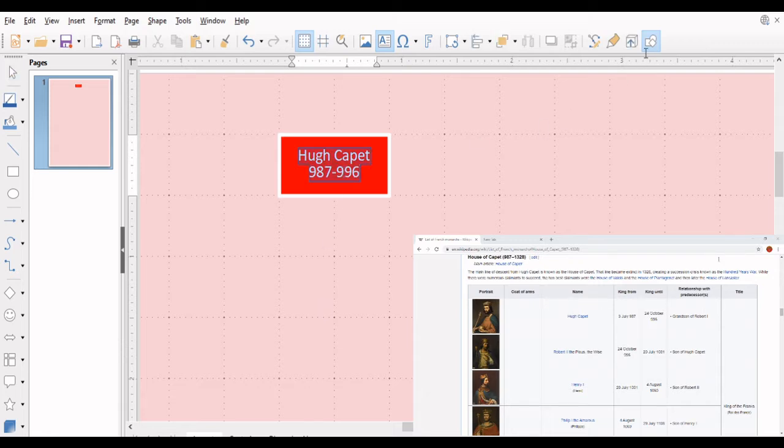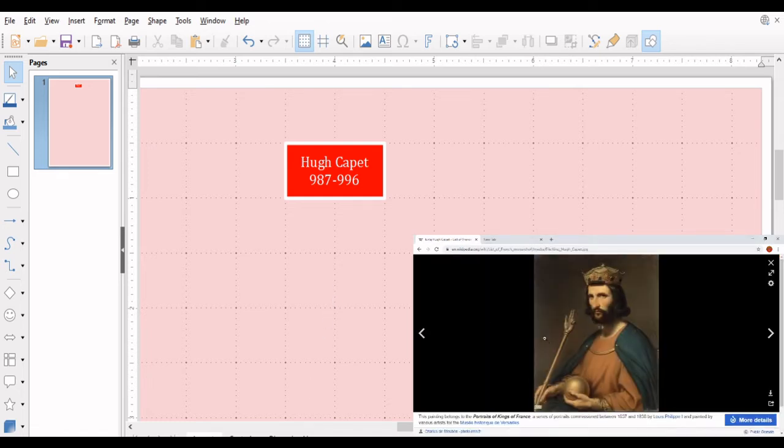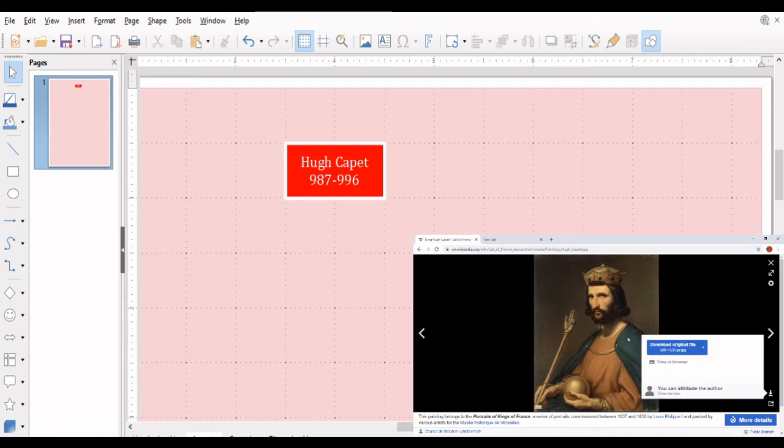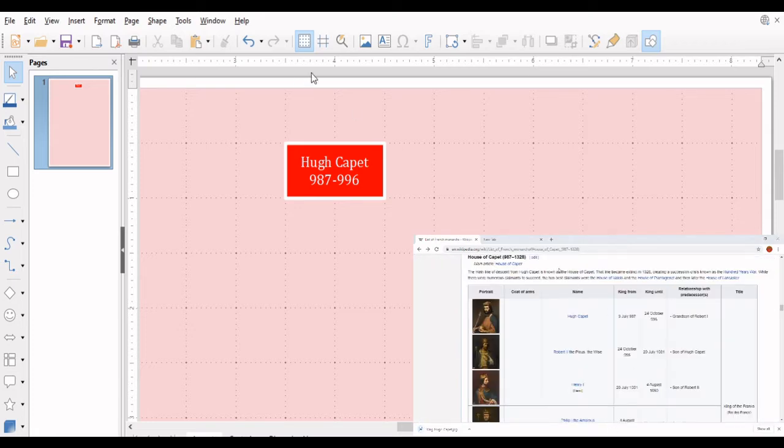Sometimes I do a little experimenting with these fonts. Okay, Cambria looks better. There we go. So we'll keep it with Cambria. So we got Hugh Capet, and right over here, obviously, if I wanted to, I can go get an image of him, and so we can download Hugh Capet's image, and then right here, you can just press Insert Image,